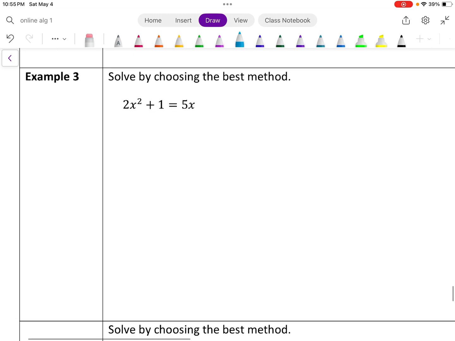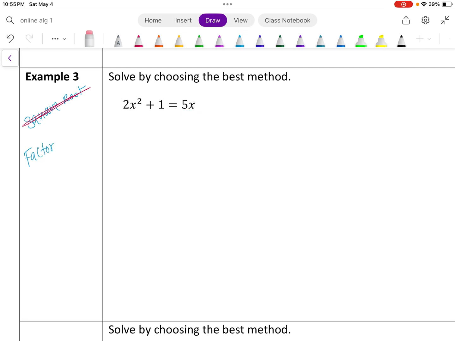Let's do another example. Solve choosing the best method. 2x squared plus 1 equals 5x. Well, it's got that bx term, so immediately I know that the square root method is out. That's not going to work. So now I'm going to try